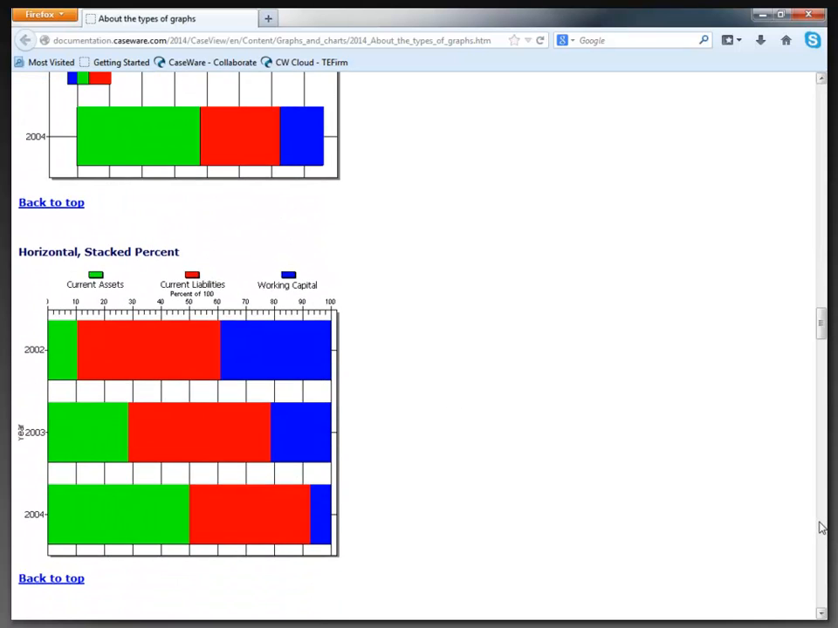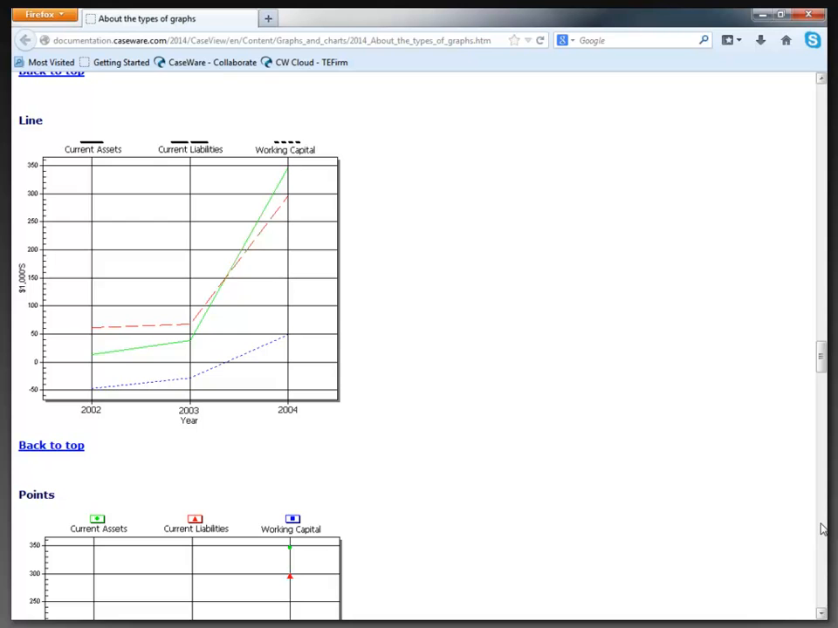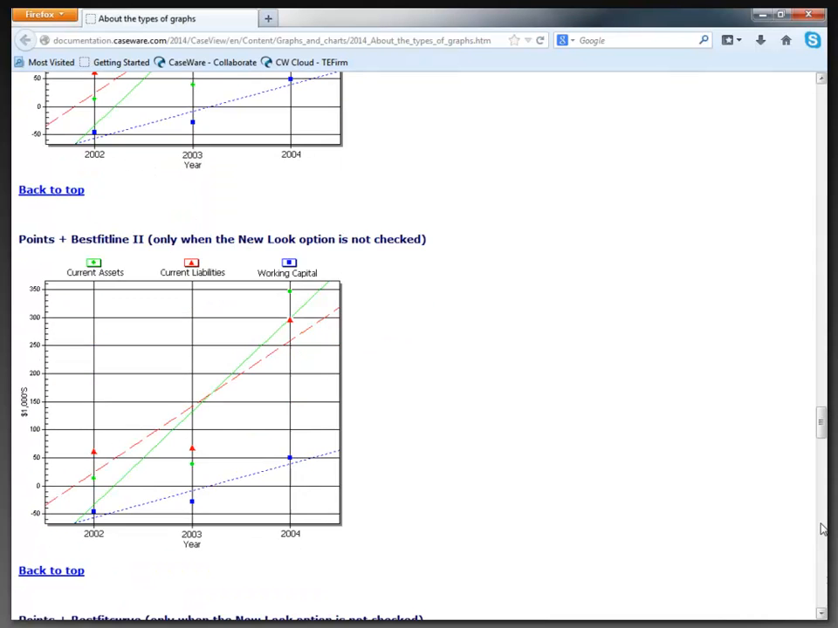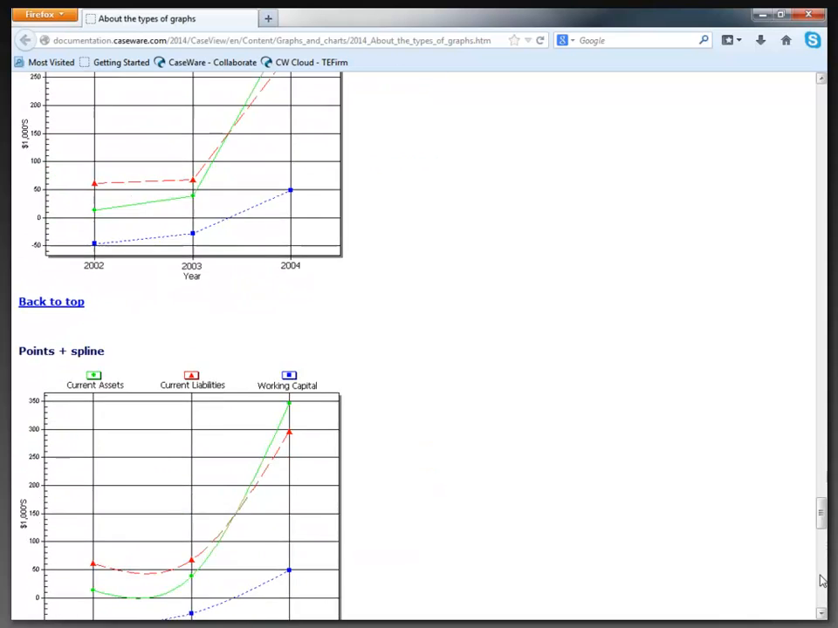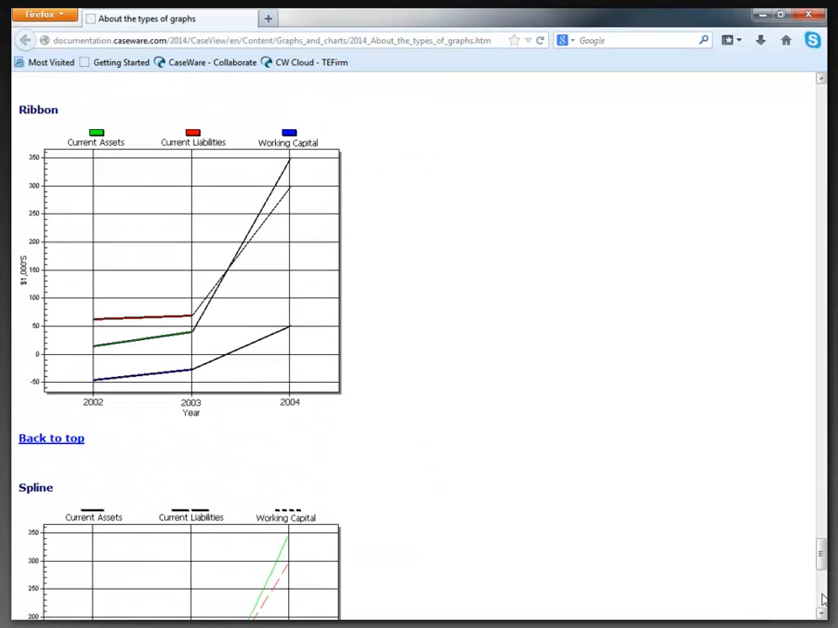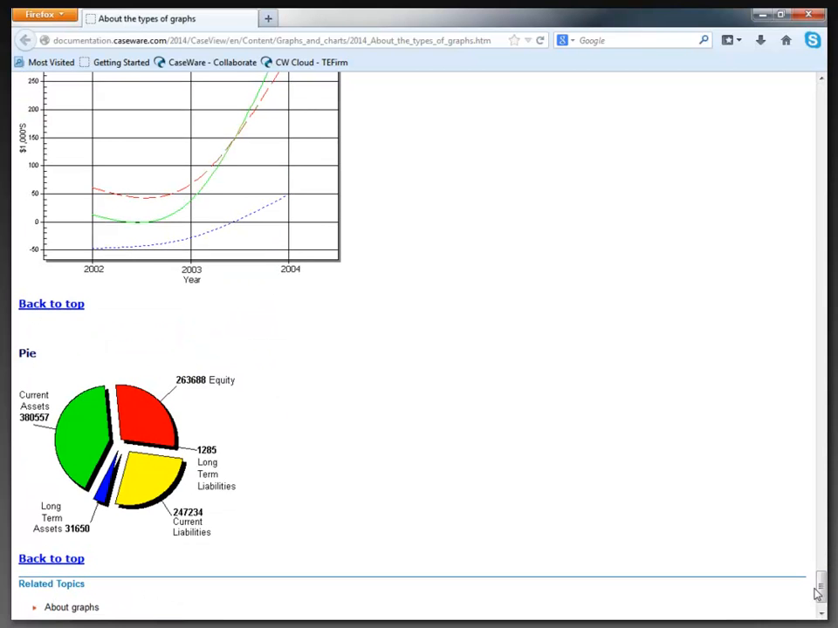And we're going to have a look at some of the 3D effects, line, SP line, and such as we go through. So there's a lot of different options available to us when it comes to building graphs within CaseView. Now there's also pie graphs, and time permitting, we'll have a look at some pie graphs as well. So let's go back to the slides